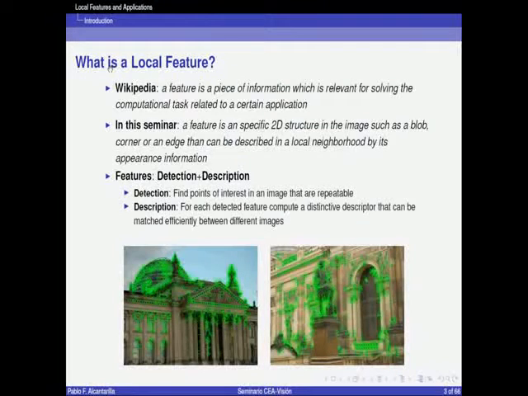Normally, when we talk about features, we need to differentiate between detection and description. In detection, we are interested in finding points of interest in the image that are repeatable. For example, we have an image of a particular object of interest. We detect a set of points of interest in that image. Then we have another image of the same object, but the image may be a bit rotated or the viewpoint may be a bit different. So we want to find the points that we have detected in the first image. We want to find the same set of points in the second image. That means that our detector